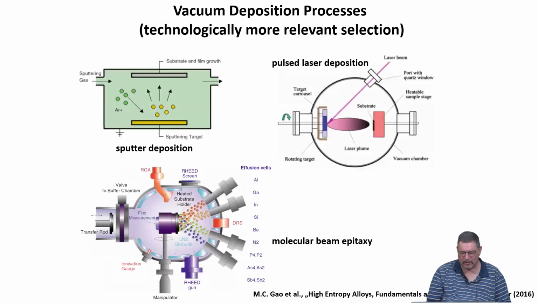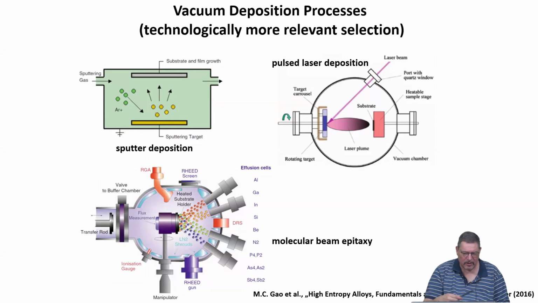If we want to go for coatings, obviously there is a range of methods, and industrially more relevant are these three: sputter deposition. So we have talked about sputtering already, right? So you have ions, in this case often argon ions, that impact on the surface. This is your target. Atoms are sputtered off that target, and then they are deposited on the substrate, which you normally control in terms of its temperature and so on. And so you form films.